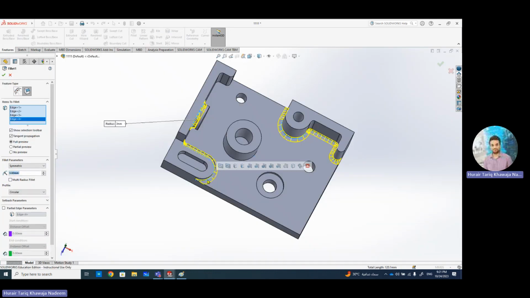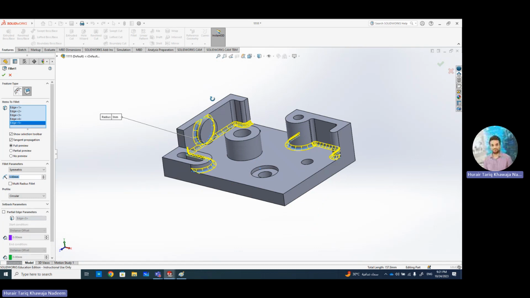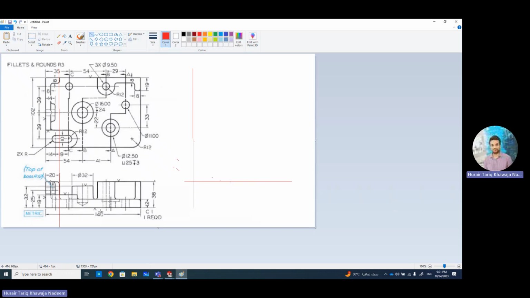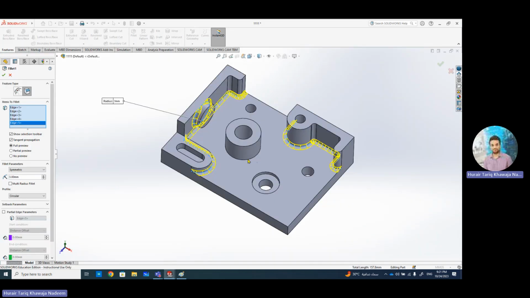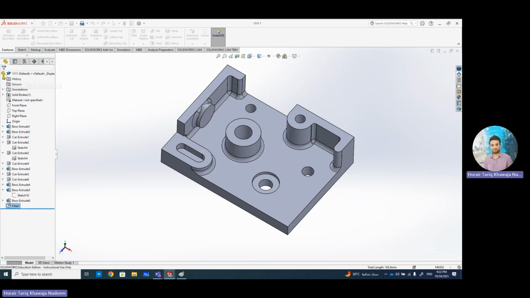So this surface has got fillet. Okay. And this one has got fillet. In light face. And what about this one? Let's check. So if I come over here, there is actually a fillet over here as well. You can see this side. So this has got fillet. So I have put fillet in